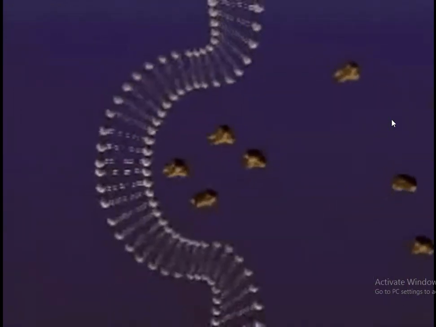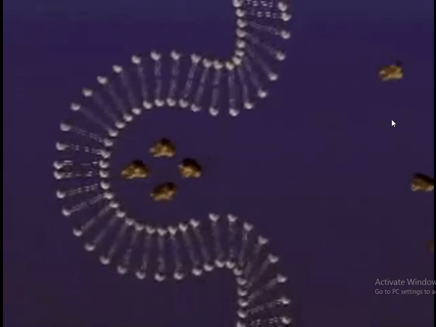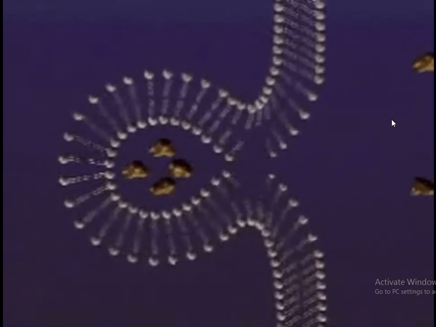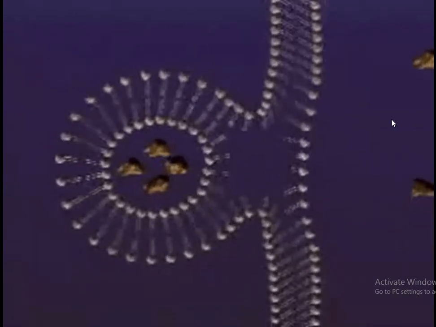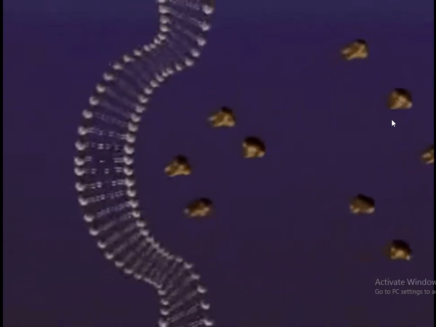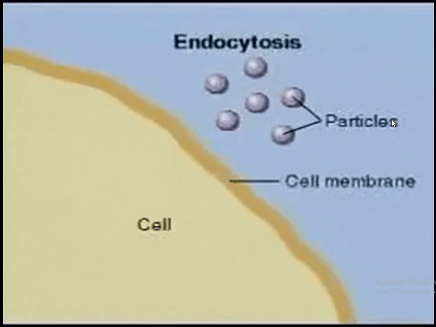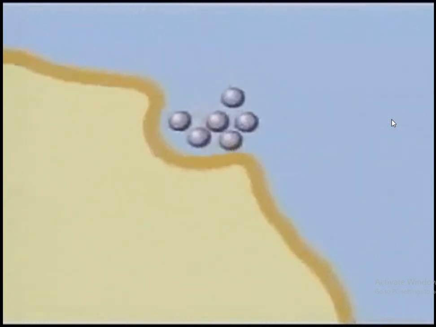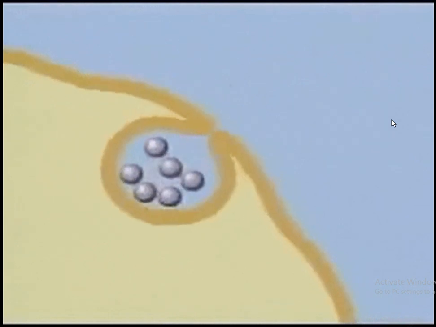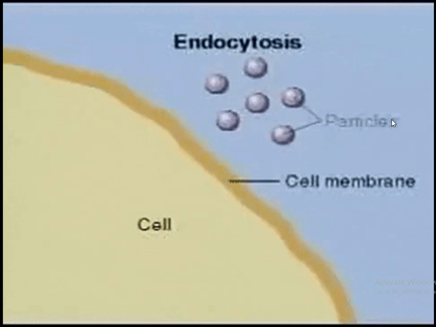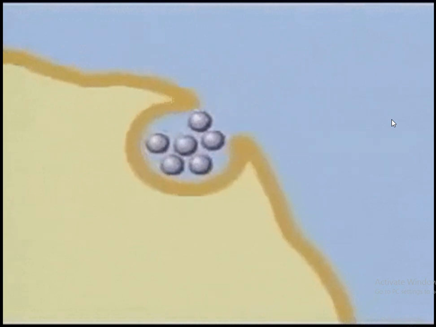This is an animation to show the process of phagocytosis, how it goes inside the cell. The substance is either of larger size or smaller size. They are going inside the cell. Another animation just to make clear how it is engulfed by the cell and becomes a part of the cell membrane, become a part of the cell.